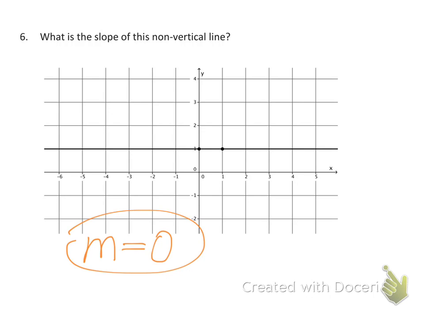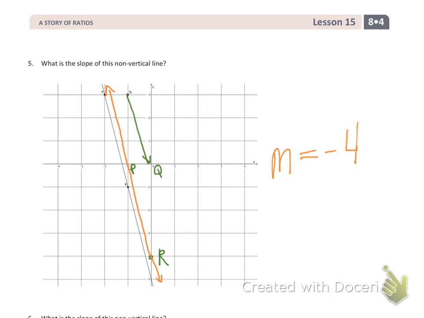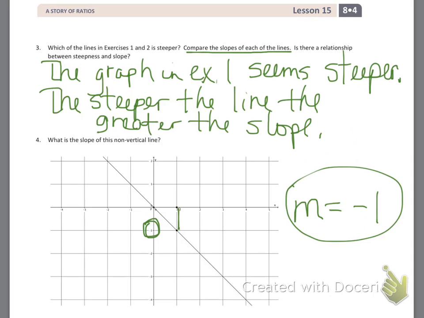And we saw that in exercise 3. It's slightly different with negative slopes. So let's look at exercise 4, which had a slope of -1, and exercise 5, which has a slope of -4. So -4 is actually less than -1, but we would definitely say that this graph in 5 is steeper than the graph